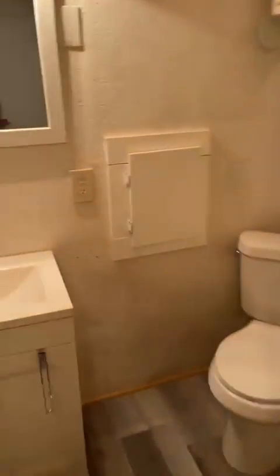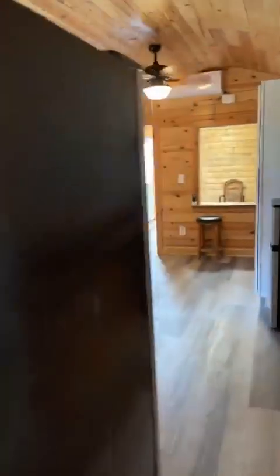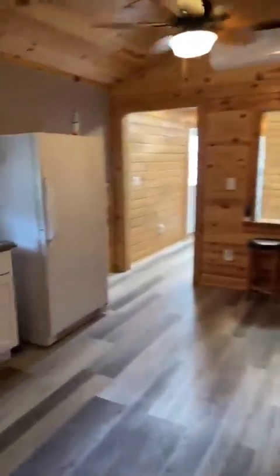This one also has a full bath. There's a storage up top. I've got the commode, sink, and a little walk-in shower. They've tiled around. So this will be good for everybody in the house has their own bathroom. And back in the kitchen,